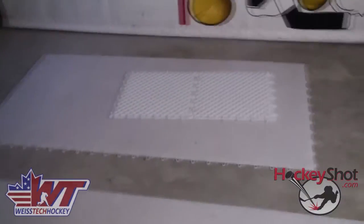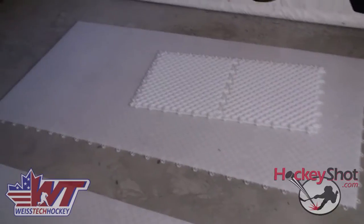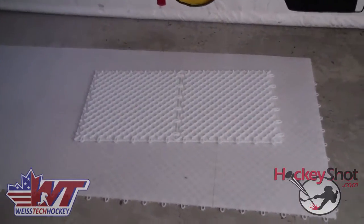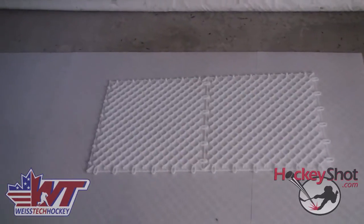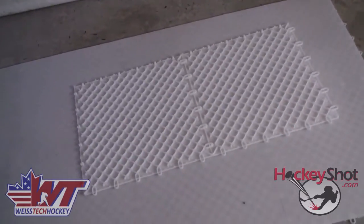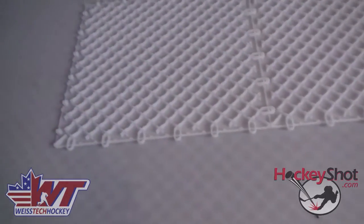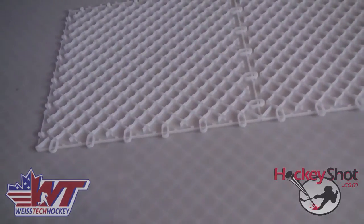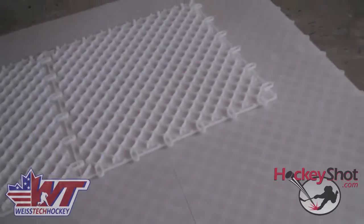Okay, so here's my setup here. I know you've seen this before, but you can see I've pulled off a segment of tiles here. That's so I can show you how they fit together, the mechanics of the tiles, and that way you'll know how to take them apart better. So I've pulled out two and flipped them upside down here. You can see every tile has two sides of loops